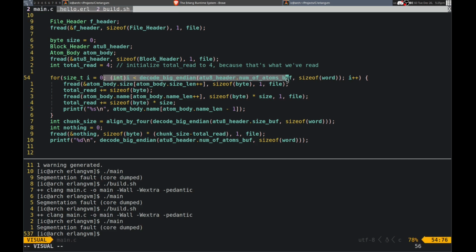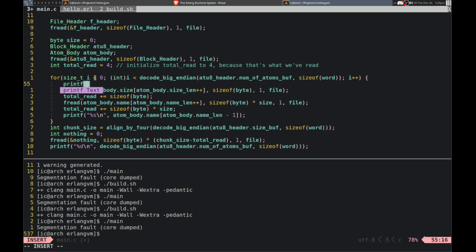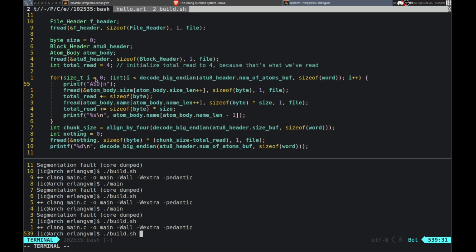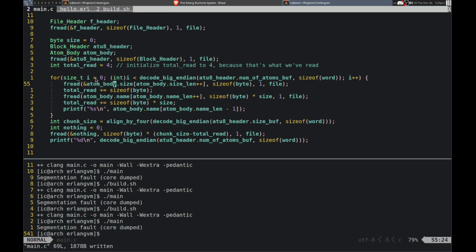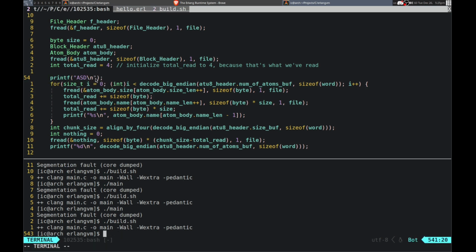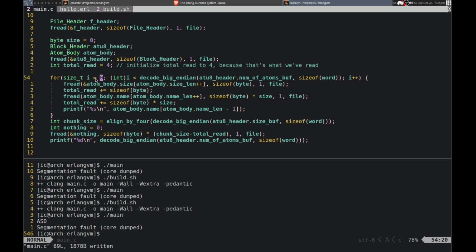Okay, so it breaks before that, so I messed something up here. Whoops. It's probably in here. Before that even, okay. What happened? Okay. Why does it break from this line?